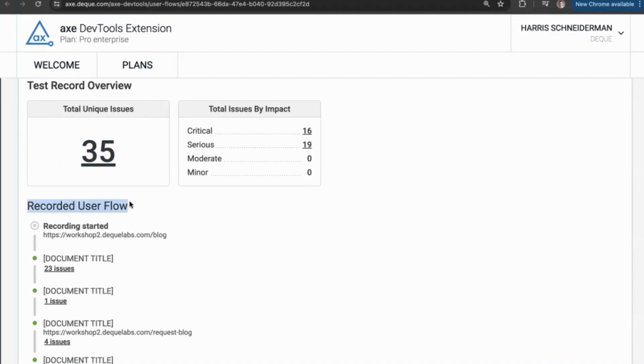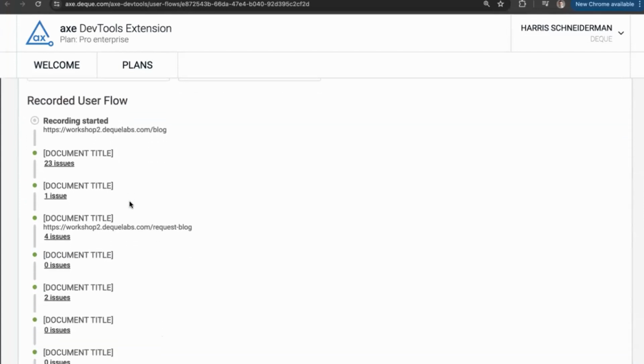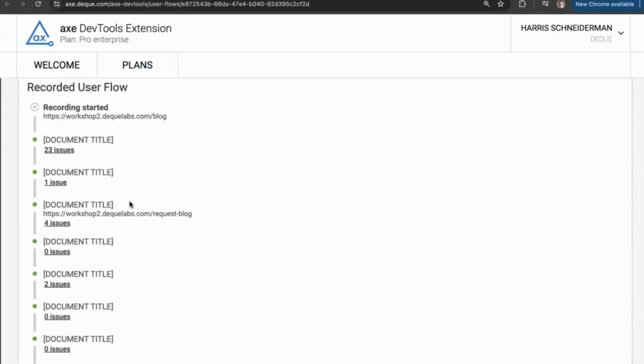And below that, we have a new view that you'll become familiar with as you use user flow analyses. Same thing that we're viewing in the extension. It's kind of like a timeline view. It says recorded user flow, and it has this initial thing saying recording started on the /blog page. And then we had 23 issues on that initial scan, one unique issue on the drop-down expansion, and so on